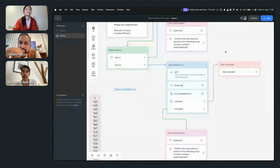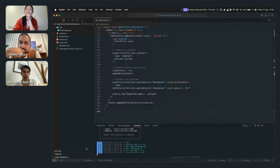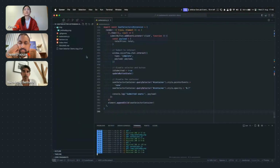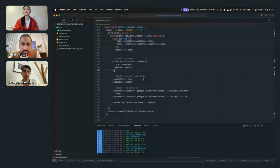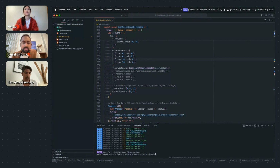And in that case, when I choose to run this, and if I go back here and open that again, instead of using the random, let's just change a little thing in the code here. The way we are basically populating the seats here, you can see that's part of the code we are sharing. But for the demo, I was using the generate random reserved seats function. Now I want to use the array we are sending. So I'm just translating that array to the corresponding seats. So if I save that, I can just be sure to